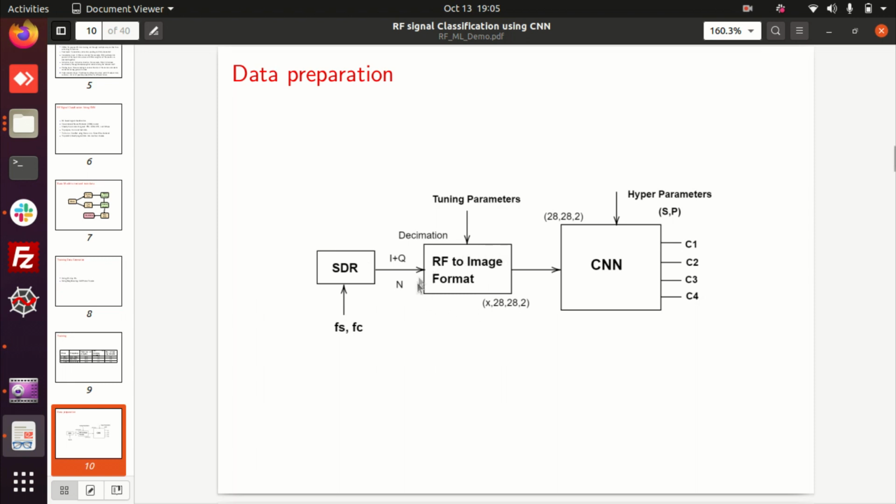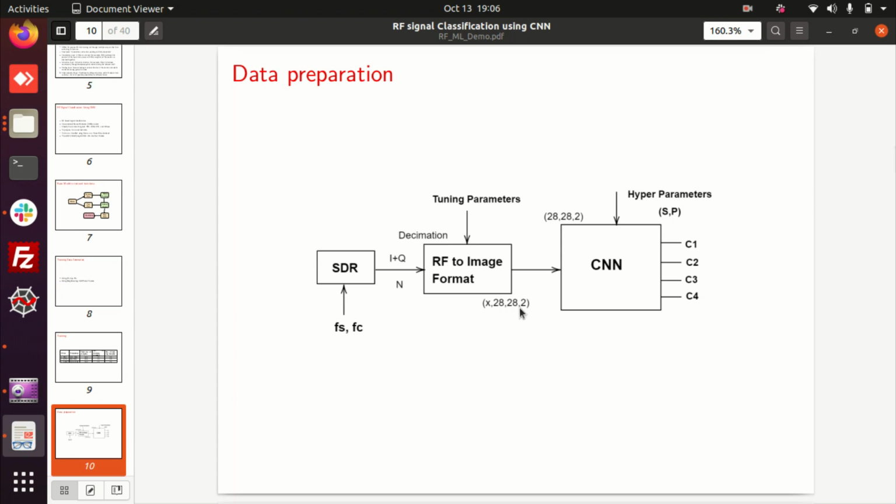Next, I'm going to convert my RF samples into an image. Suppose n is something like 6000 or 1000, whatever the value, how do I convert these samples into image format? Suppose 1000 samples first for the in-phase channel and next for the Q phase channel. That's why this 2 represents one for in-phase, one for Q phase. And next is 28 cross 28.